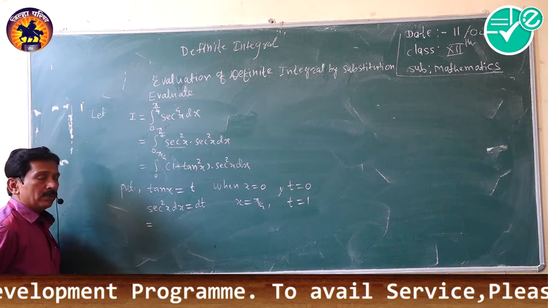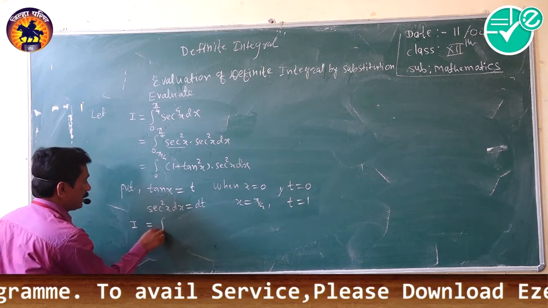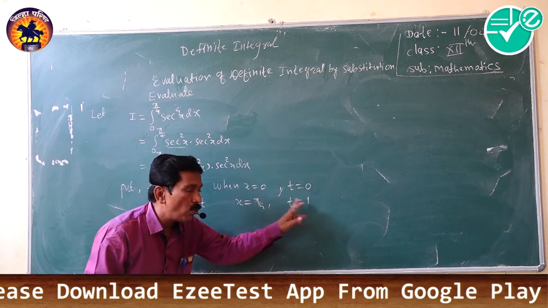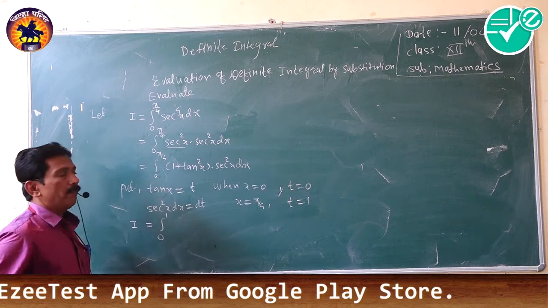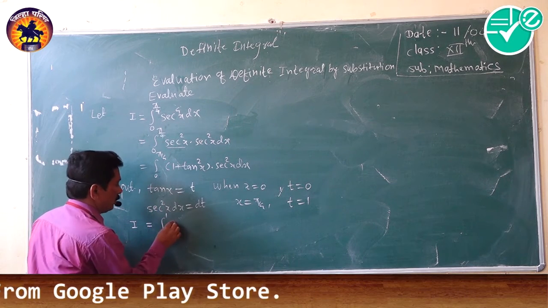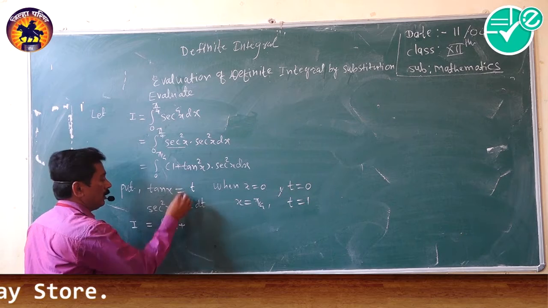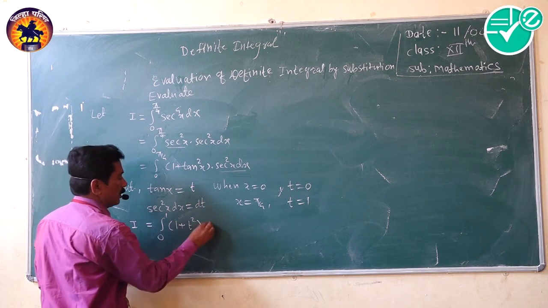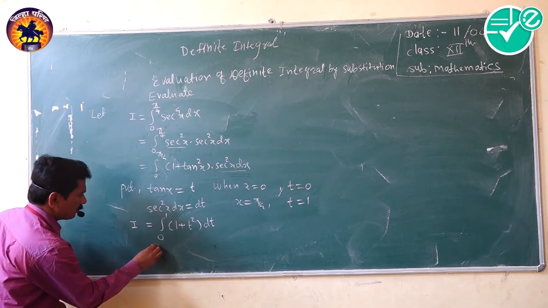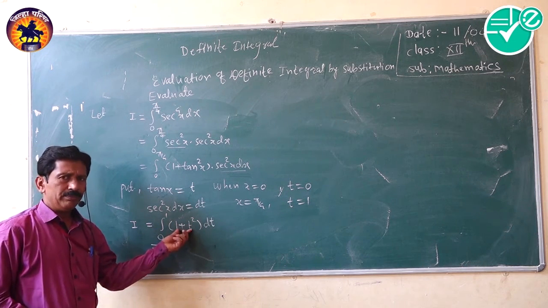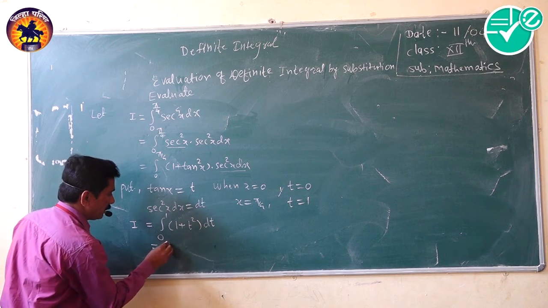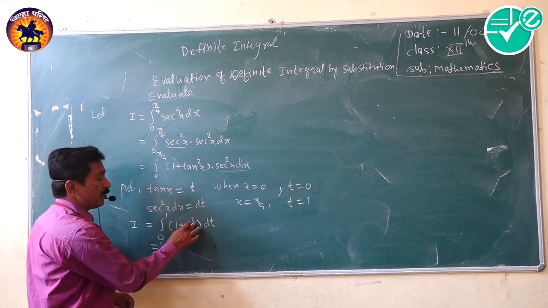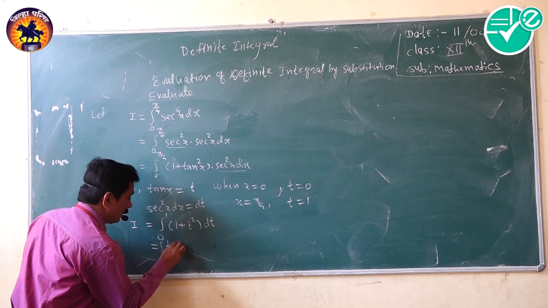I is equal to integration from 0 to pi by 4. The initial integration limits were 0 to pi by 4, but now they have changed to 0 to 1. Therefore, taking here 0 to 1, 1 plus tan square x. Now this will become 1 plus, the value of tan x is t, therefore t square into sec square x dx is dt. Now integrating this, integration of 1 is 1 into dt, it is t, plus integration of t square dt is t cube by 3,